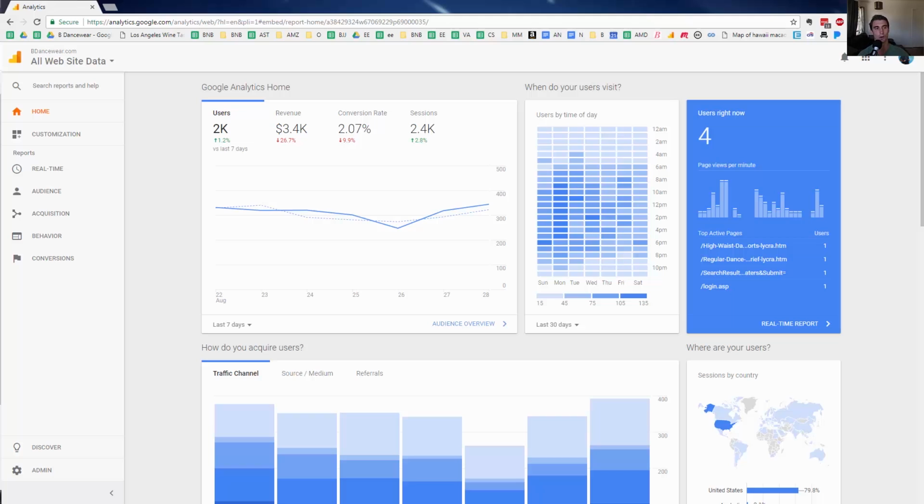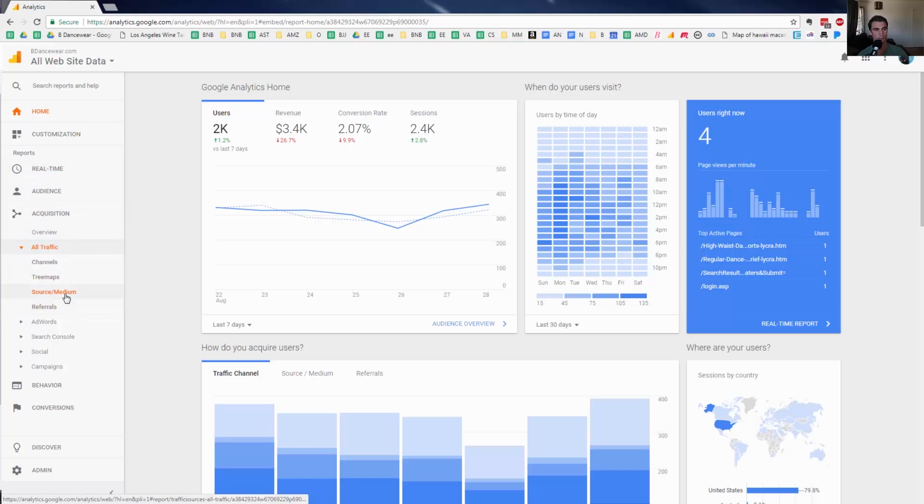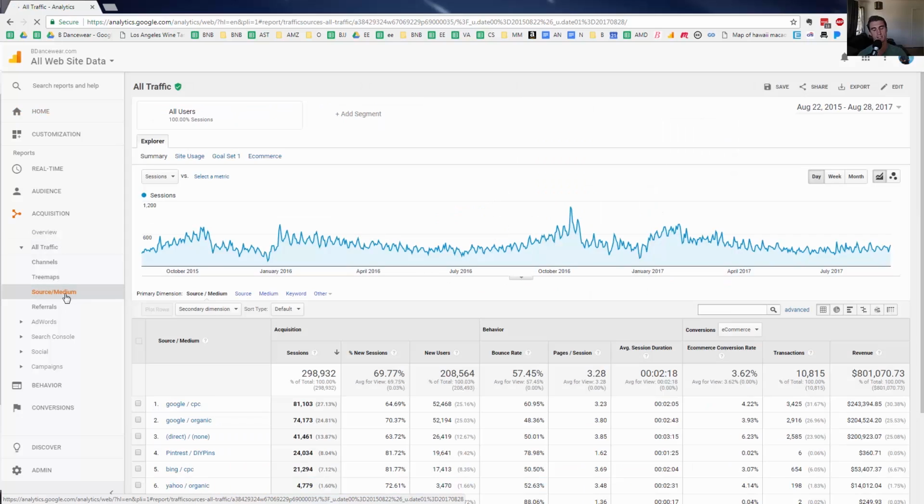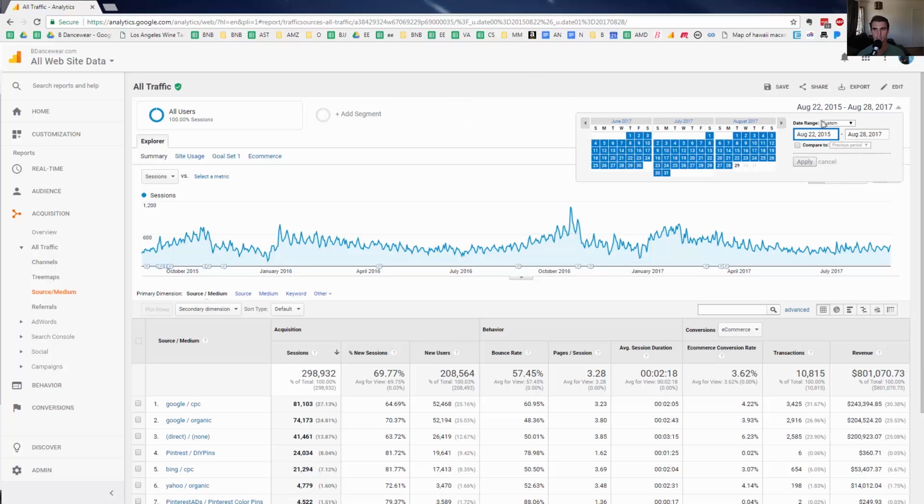So we're going to talk about all these, and we're going to start with what I think is the most important thing, and that is the source/medium. So if you go to acquisition, all traffic, source/medium, this is the one thing people always ask me, what's the one thing in Google Analytics you look at the most? And it's this. And so I want to show you a few different things. One, you can change the date up here. So let's say you wanted to do